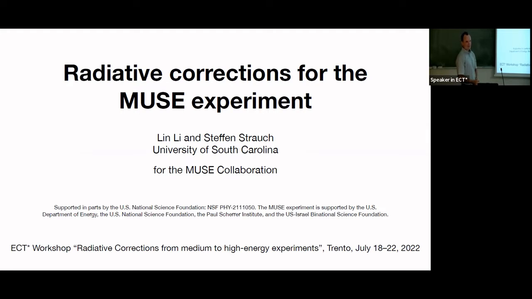As our chair introduced, I'm happy to report on the radiative corrections for the MUSE experiment. I'll be very brief with the experiment itself. It was mentioned a few times during this workshop. I also don't want to discuss the theory of the radiative corrections themselves. That's not my expertise. What I would like to focus on is the connection of how to implement those corrections